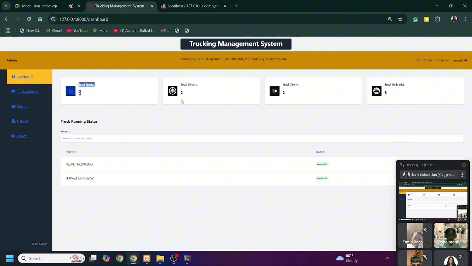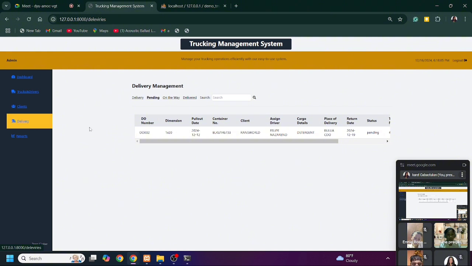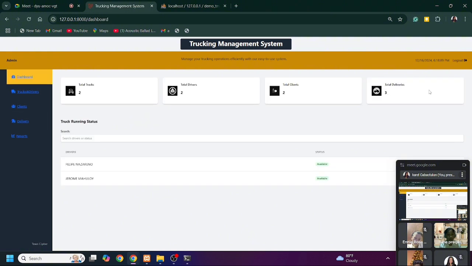Two trucks, two drivers, as well as two clients and the total deliveries. For the total deliveries, all the deliveries added in the delivery module will be reflected. For the truck running status, it will also show the truck name, the driver's name and their availability.